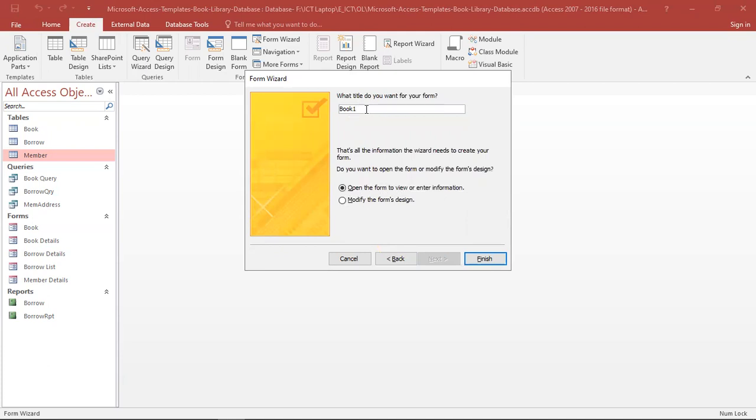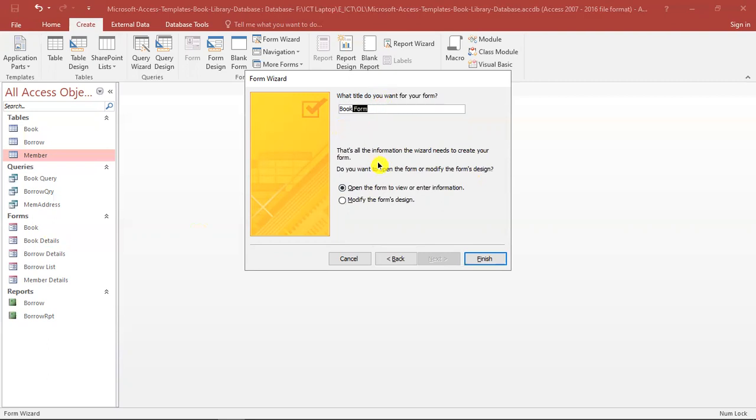And we'll make a form called book 1, because I have created some form named book, and I can give a name for that, book 1, or sometimes I can give a name, book form, right? Form book.